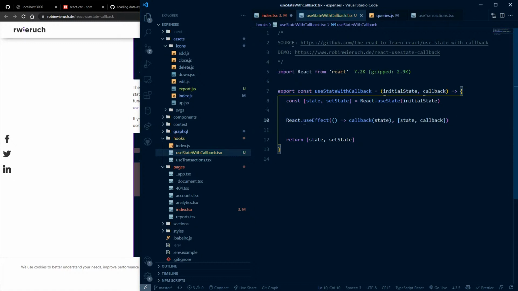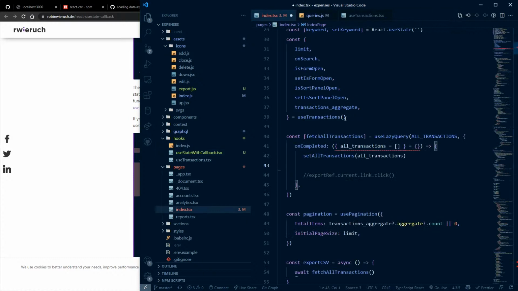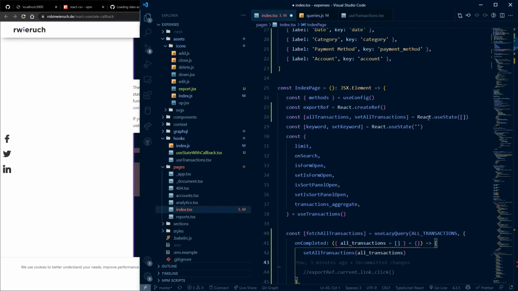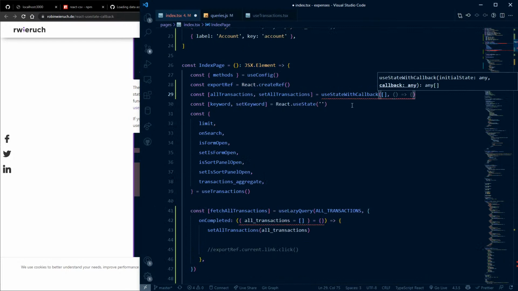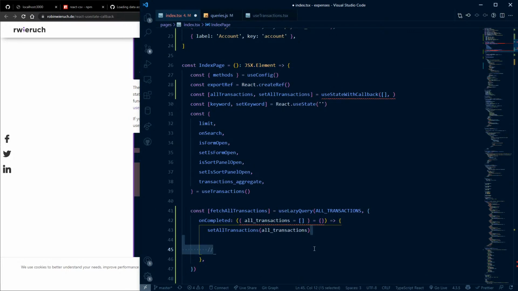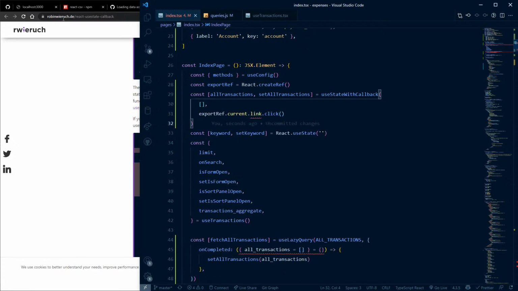That is fine. Use state with callback, which means if I do use state with callback, then here I can do empty initially, and then this. Every time that changes,